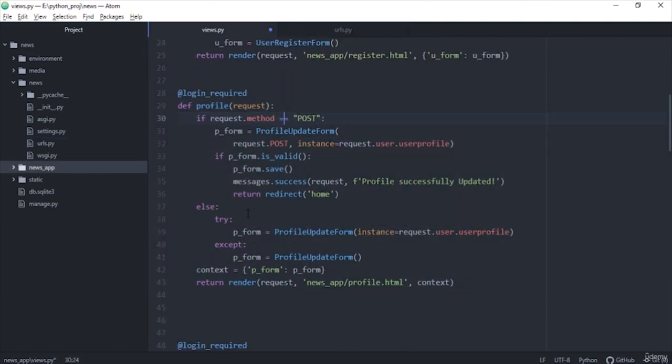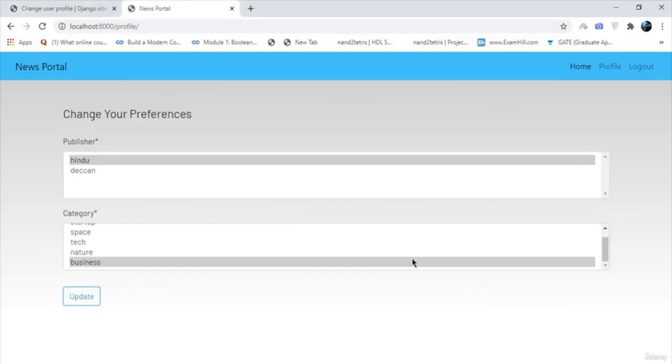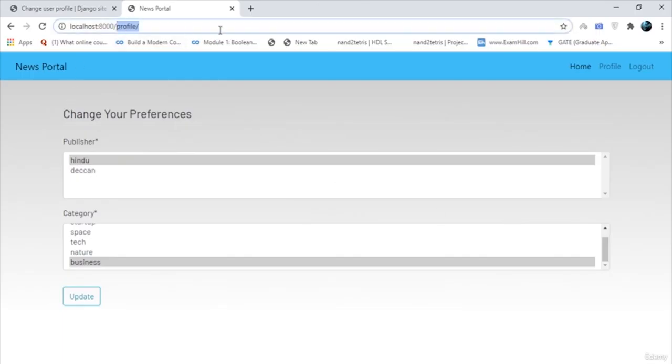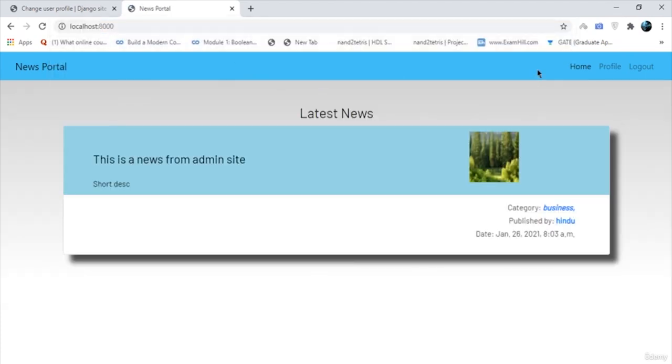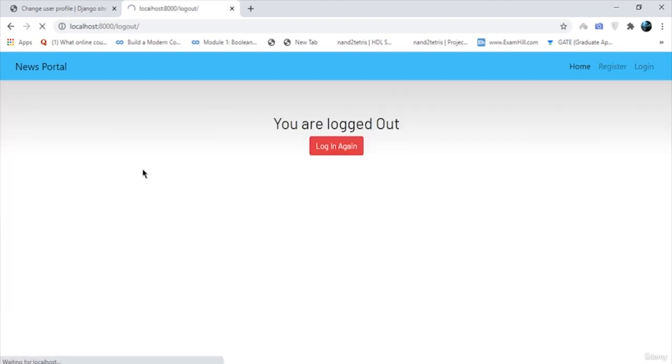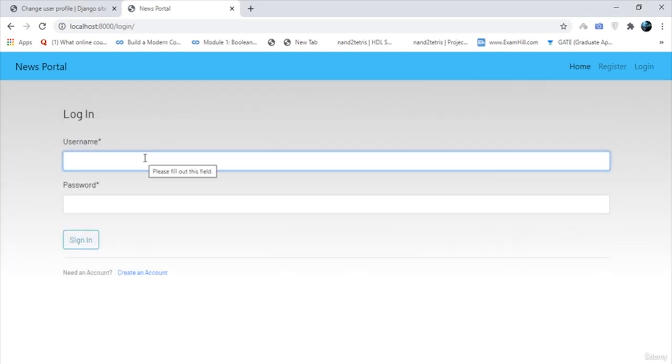So we know that there will be two types of information. There are actually two types of profiles, to be honest. The first one, this try, is for the user's existing profile. When we come to the profile, this is just an existing user, and we already have this selected, right? Hindu and business. But if we were to create a new user, for example,